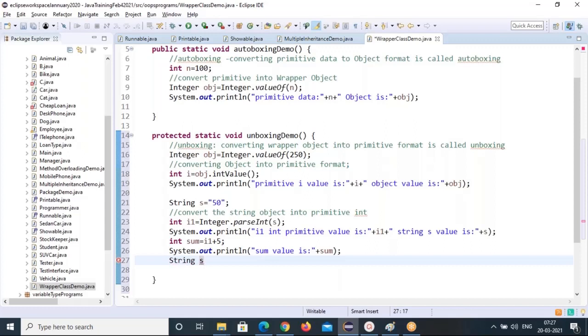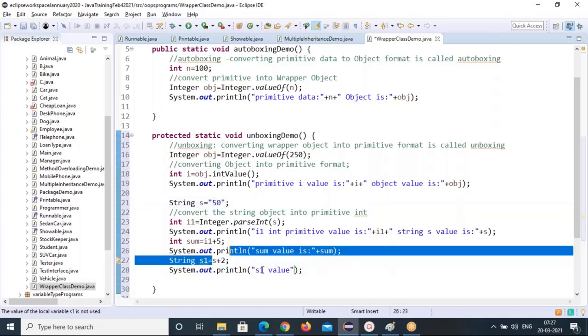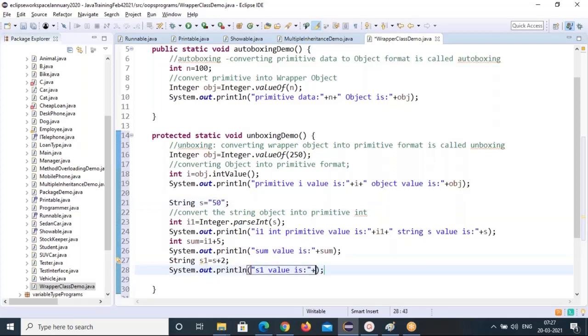If I give String s1 equal to s plus 2, this will convert into 52, right? s1 is in string format only, s is in string format only. 50 plus 2, you will get 52, right? Or 502 you will get. It's not 52. 502 you will get here, 502 in the string format, not 552.